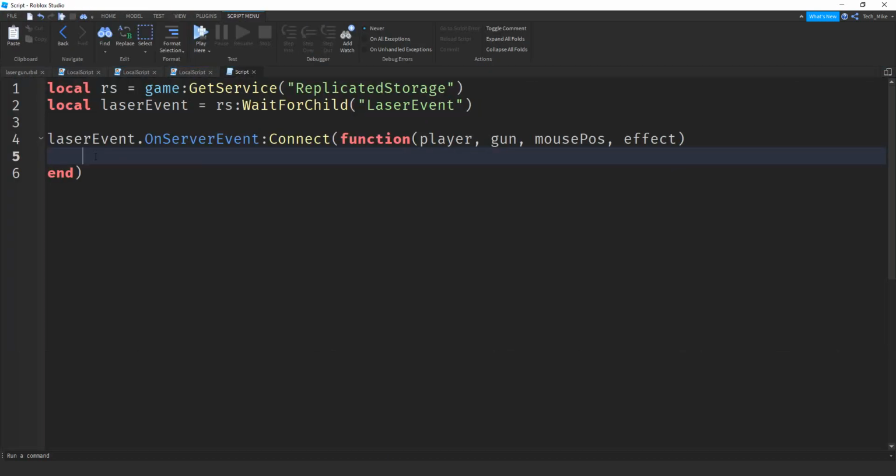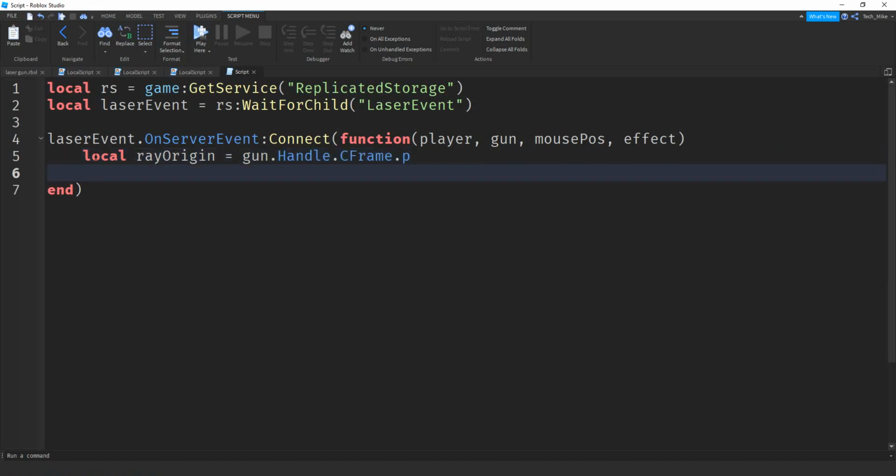We're going to be using ray casting to detect hits on objects. To start using that, we're going to say local rayOrigin. So that's going to be the starting point for the ray. That's going to be equal to gun.Handle.CFrame.p. We also need to give our ray a direction, so let's say local rayDirection,